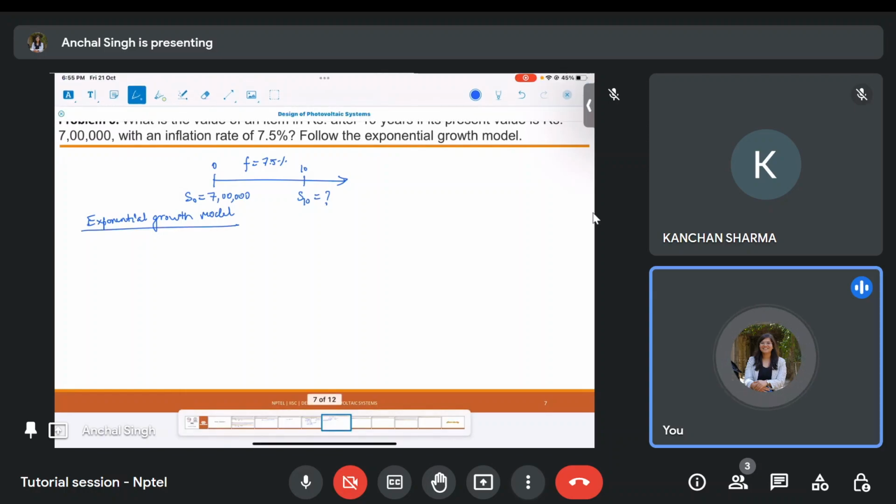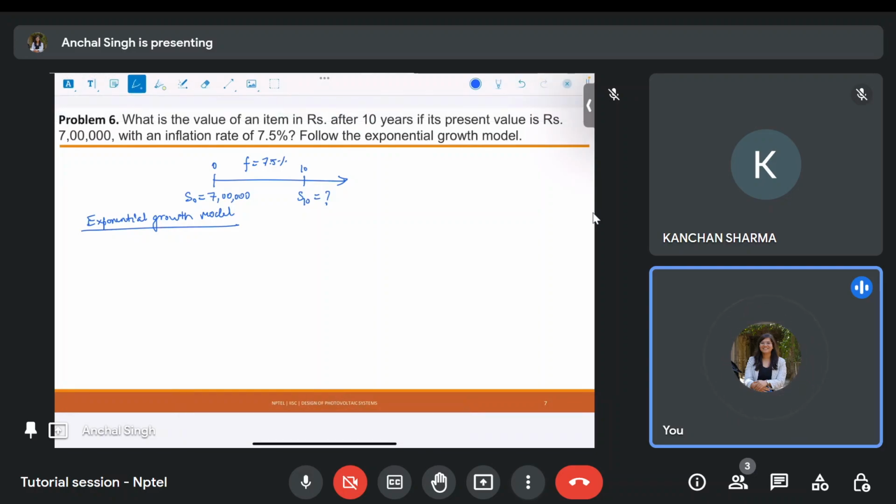So for the exponential growth model, we know that Sn is equal to S0 into e to the power In, where I is again the interest rate and n is the time interval. Similarly, for n equal to 10 years, S10 will be equal to S0 into e to the power 10 times I, where I is equal to 0.075. So if we just put this value, then S10 will come out to be